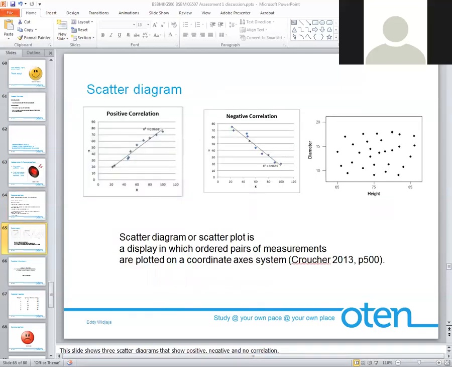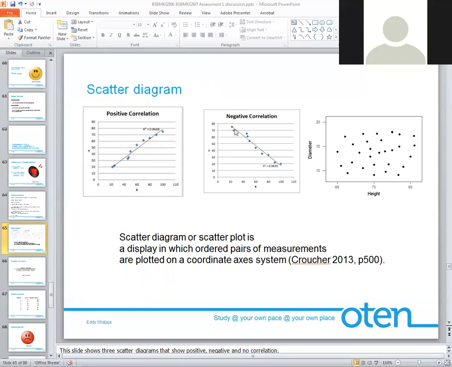All right, that's what we mean by scatter diagram. We use the scatter diagram for positive correlation. So if your correlation coefficient is positive, it will be upward like that. The increase of the value of variable X will also increase the value of variable Y. Therefore both of them are increasing. Now, negative correlation